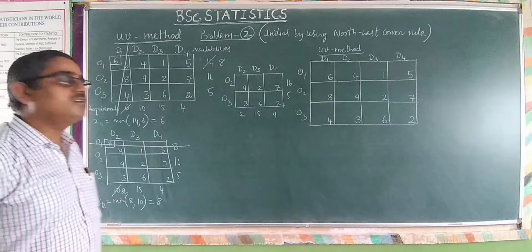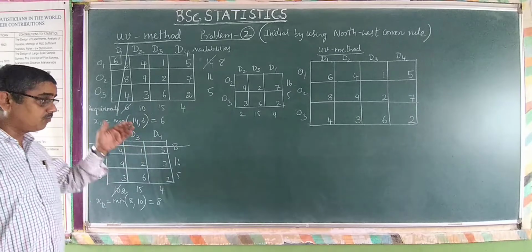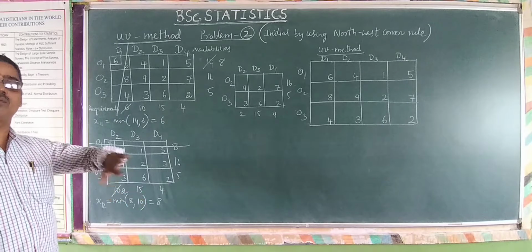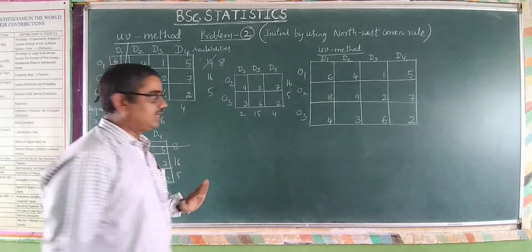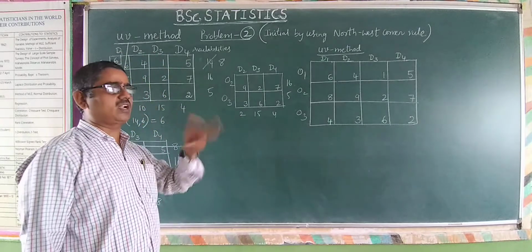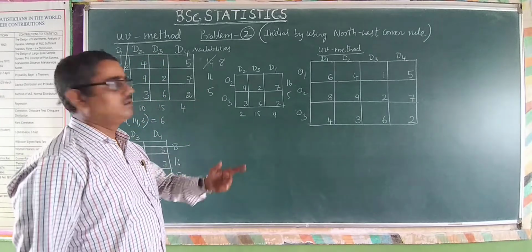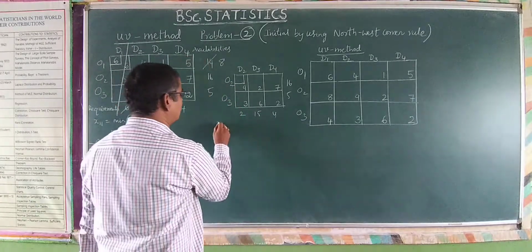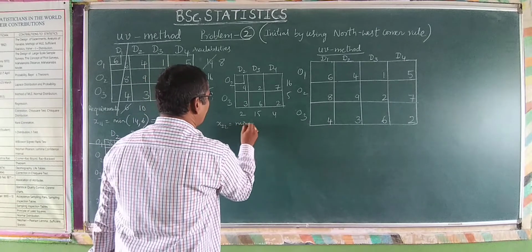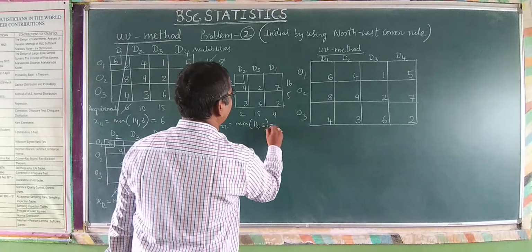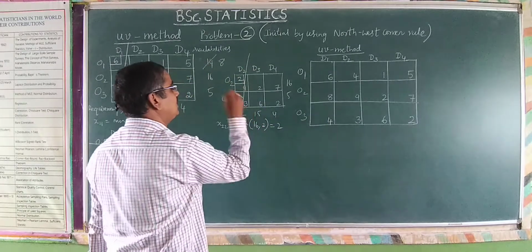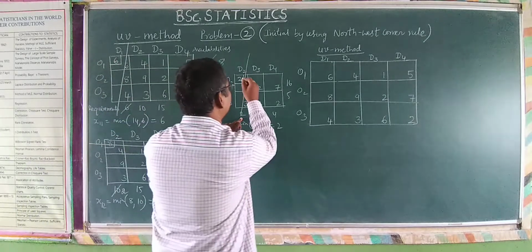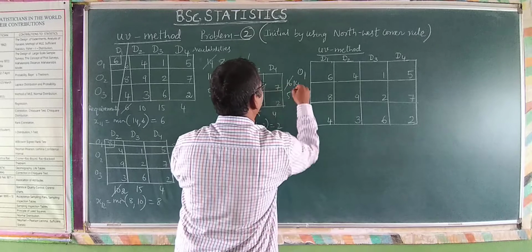So now again, because the row was cancelled, move down vertically and do the next allocation in the next row, the second row, the first northwest corner cell. So allocate as much as possible in cell 2,2, that is x22 is equal to the minimum of 16 and 2, which is 2. Hence you allocate 2 and cancel, since the requirement at destination D2 is satisfied, cancel the second column and the remaining availability is 14.